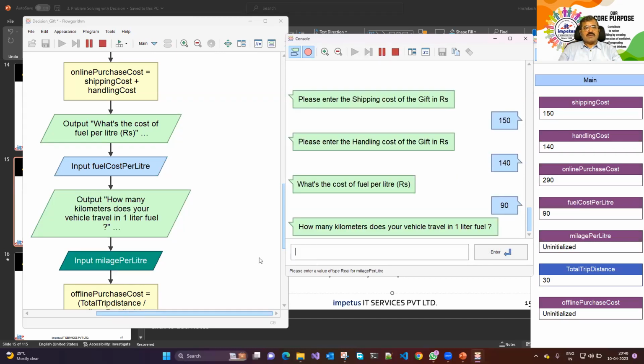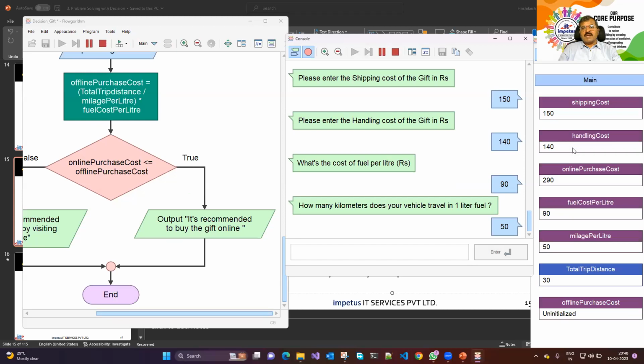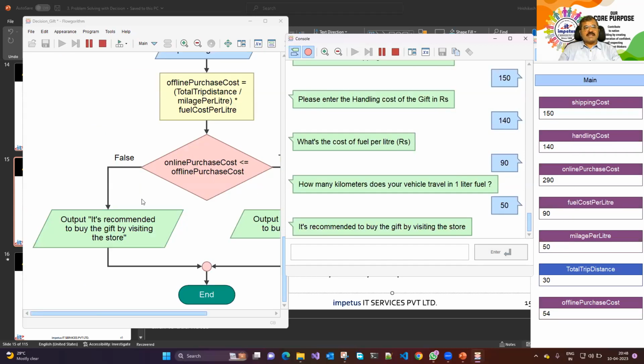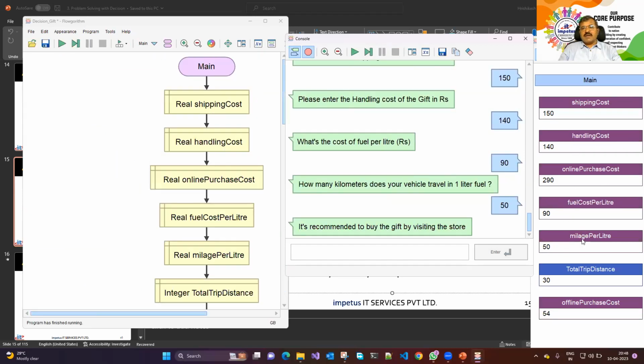Okay, so it's the mileage that your vehicle gives. Suppose it's a two-wheeler, it gives you a mileage of 50 kilometers per liter. So mileage, maybe 50 kilometers. Now it has calculated. So while it is calculated, it has realized